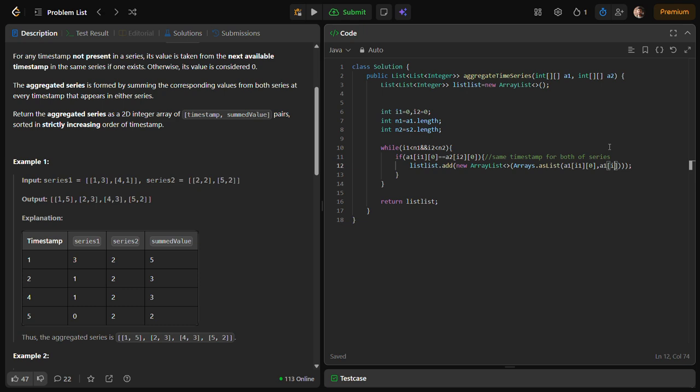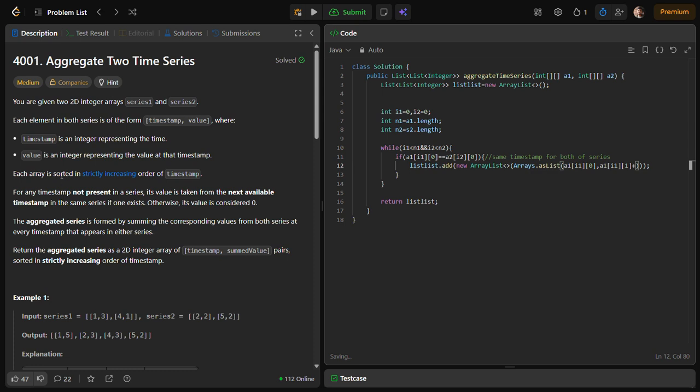And you have to add the values, the integer that is representing the value. So this and this a2 of i2 comma 1. And since I have processed both the indexes, I can simply increment these two pointers like this.